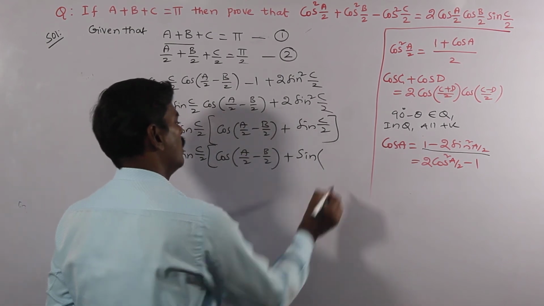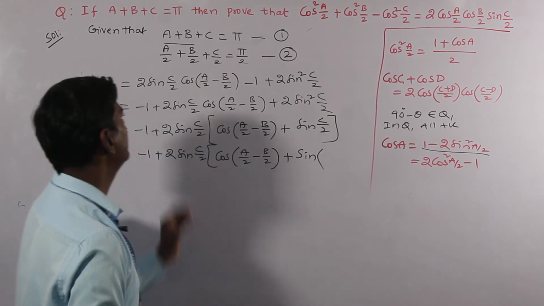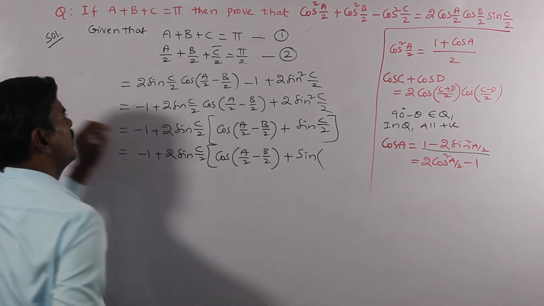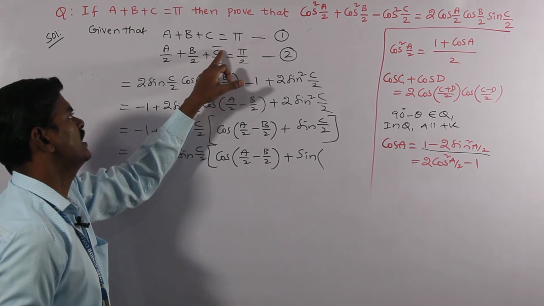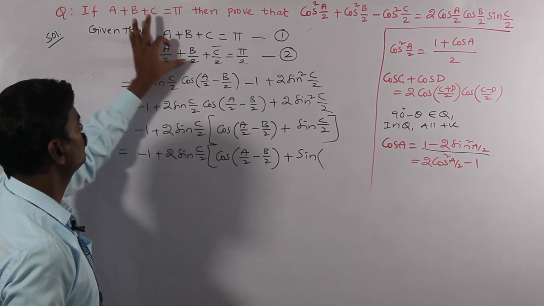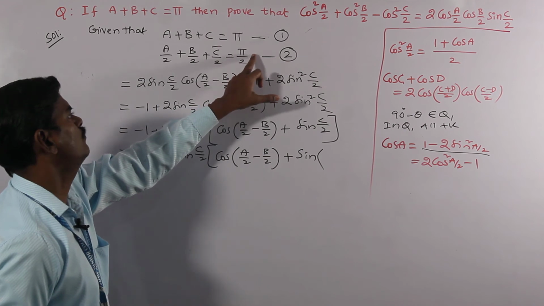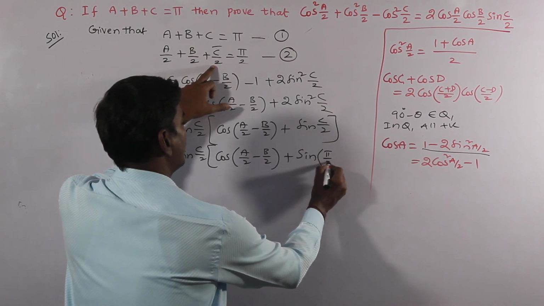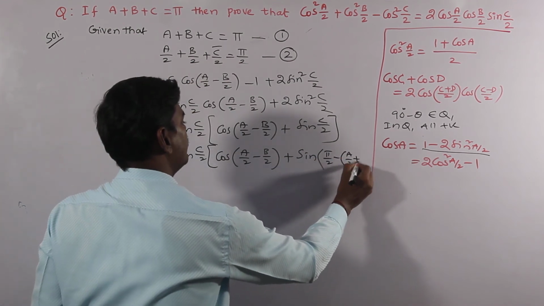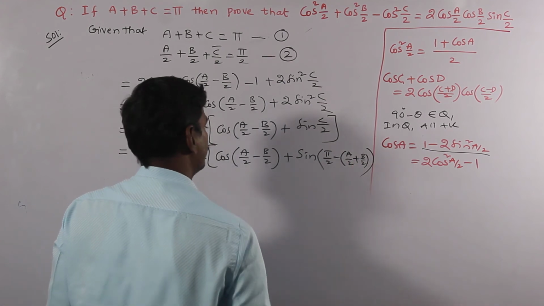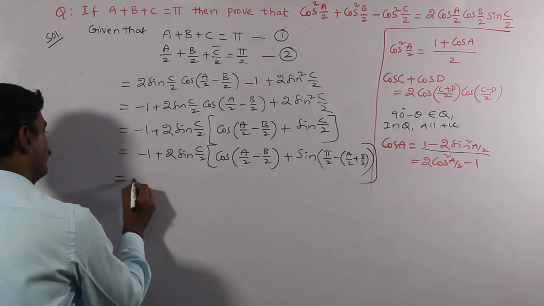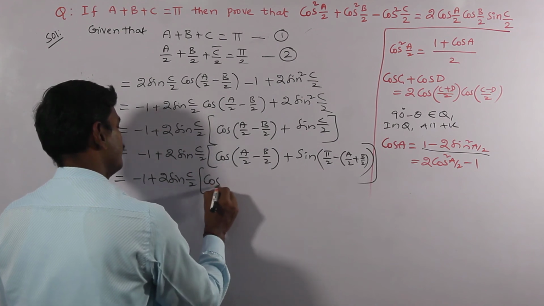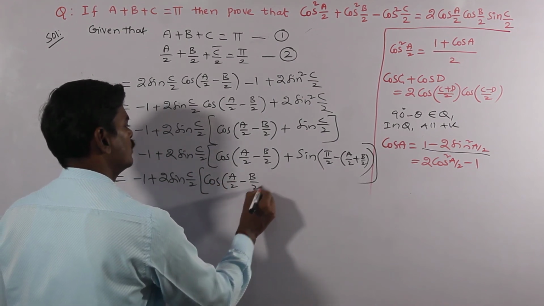sin of. Now time to replace C by 2 in terms of A and B. From equation 2, C by 2 can be replaced. If you want to replace C by 2, we have to shift the a by 2 plus b by 2 term from LHS to RHS, so it becomes pi by 2 minus of a by 2 plus b by 2. So C by 2 can be replaced with pi by 2 minus of a by 2 plus b by 2. Now minus 1 plus 2 sin c by 2 into cos of a by 2 minus b by 2 plus,